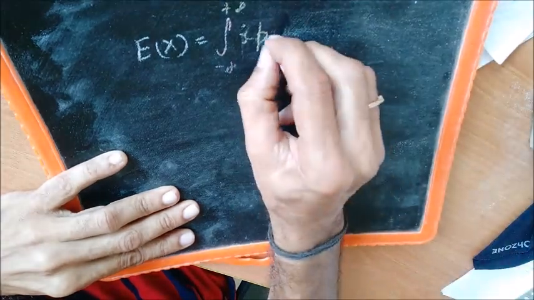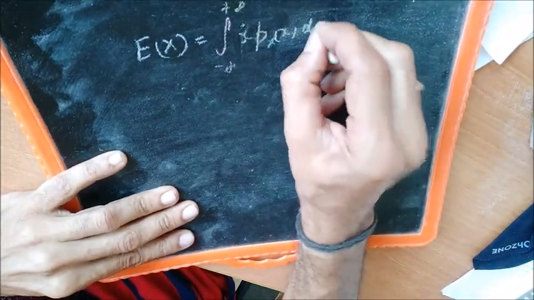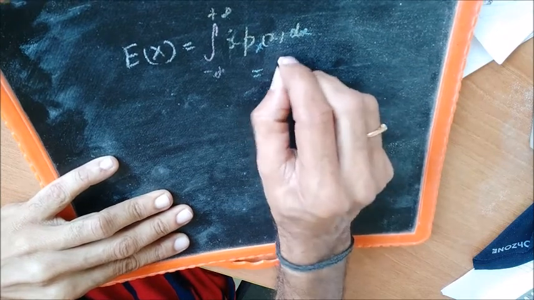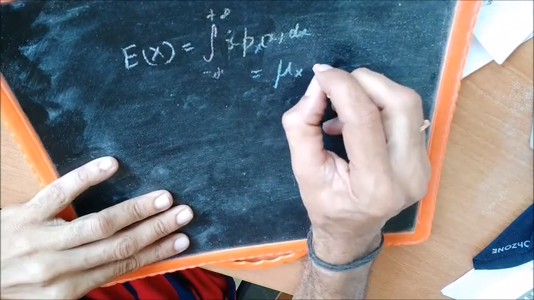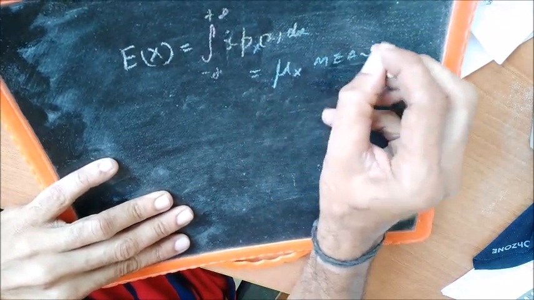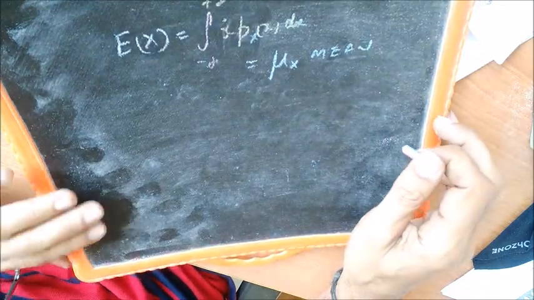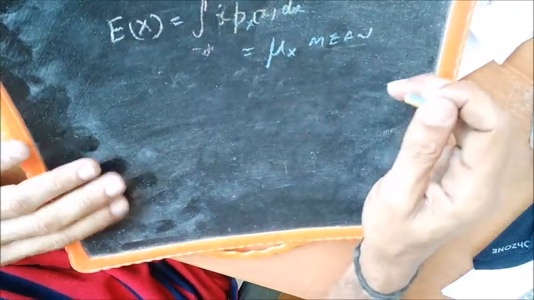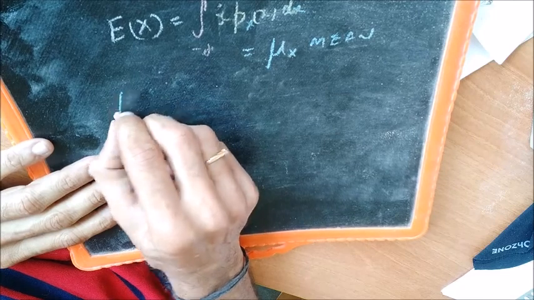And it is called as the mean of the random variable x. The first moment is called as the mean. It is computed like this. And then we have the